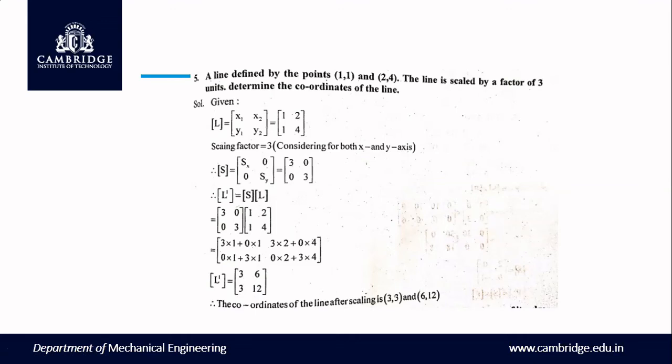Okay, next is called homogeneous transformations. Now what is homogeneous transformation? The transformation matrices for rotation and scaling are multiplicative type, whereas the transformation matrix for translation is additive type. It becomes necessary to combine transformations to achieve required results. In order to combine the transformations, all the matrices should be homogeneous, that is, either multiplicative or additive type. To achieve homogeneity between all the transformation matrices, the translation matrix is converted into multiplication form by using the following matrices.